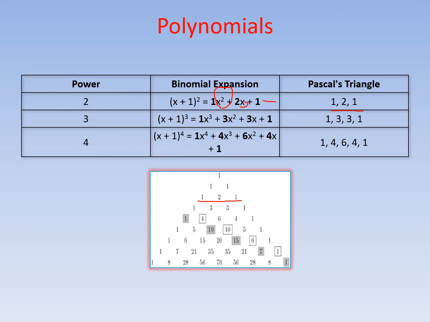So by this Pascal's triangle you can expand your polynomial very easily, and you don't need to remember the identities also. x plus 1 whole cube will become x cube plus 3x square plus 3x plus 1. Again you have written powers in decreasing order, x cube, x square, x, and the last one, x raised to the power 0, is not mentioned. And the coefficients you have to see from here, 1 3 3 1. Just write the powers in decreasing order and pick up the coefficients from Pascal's triangle.